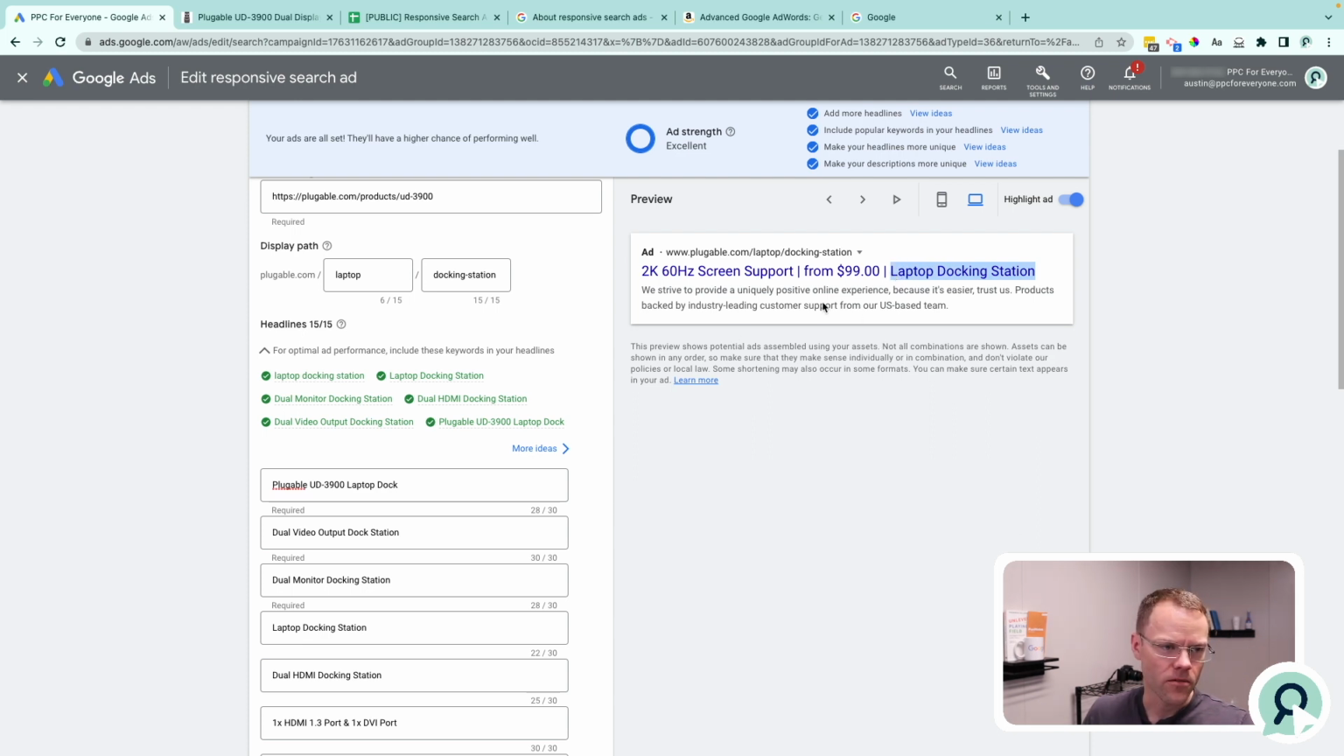And so a better version of this ad would have laptop docking station as the first headline and 2K screen support as the second or third. So like this one, so laptop docking station, what the product is that we're selling, is first, which is good. Also because this will probably correspond with someone's search query, so the keyword that someone uses to search for this product will probably include docking station, so that's good that it's right up front. And then a feature is here in the second headline, and then the third headline, 2-year warranty, that's great,